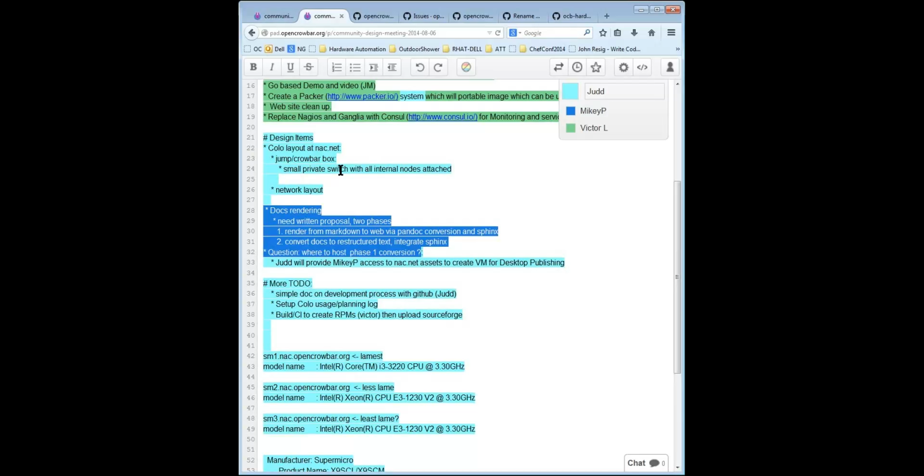Yeah. I think to keep the project moving along best, we'll get that jump box and hide these nodes behind that jump box to really accelerate development and use.